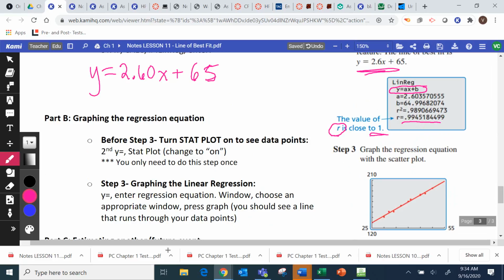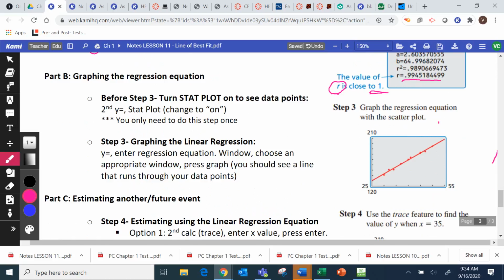Okay, and then the last thing we're going to do is, this is where it's telling you to graph the data. We're going to also graph the line. So we didn't have the line graphed yet. So this last thing I'm going to show you,